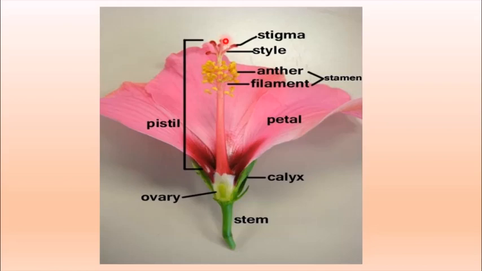The upper part is sticky, so it attaches here. Then the pollen travels down this line, the style, and reaches the ovary. And this is how it matures the egg cells which are present inside the ovary. And after the fertilization, when it reaches the ovary,